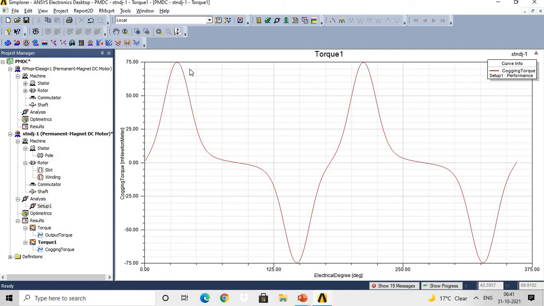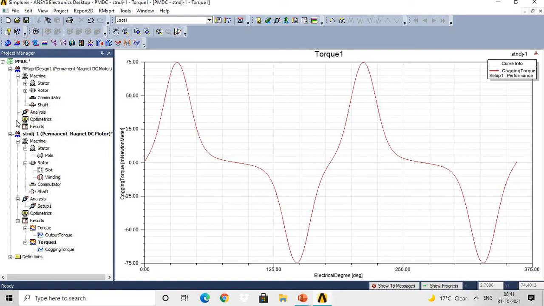At that time you need to work on the supply part of the motor also, like converter, controller, etc., for which you need to work on the Simplorer part. So here, in this case, under the RMExpert tool, when we are going to check the performance of the motor, by default a Simplorer model is available to supply to this circuit.